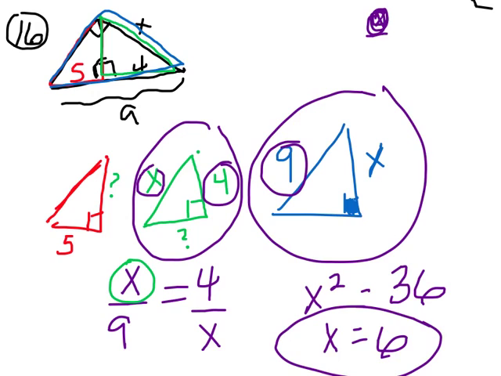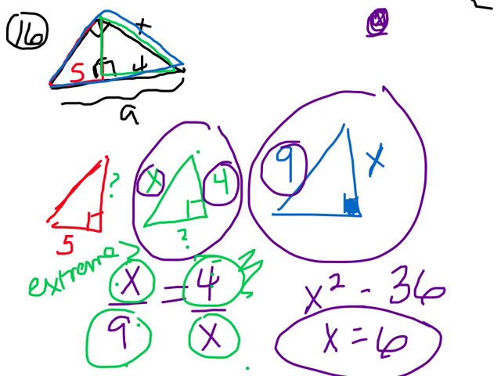These outside pieces usually are called the extremes, and these two inside, because if you start and you were to think like X is on the outside, then 9 and 4 are kind of in the middle, and then the other X is on the outside. We usually call the two numbers, I'll mark them with a squiggly, that's usually what we call the mean there in a proportion, but the geometric mean here ends up being